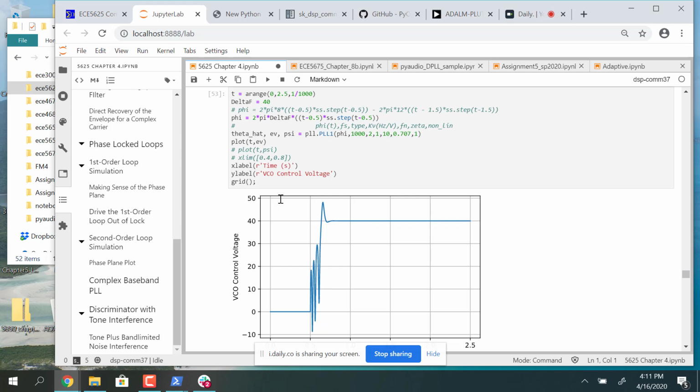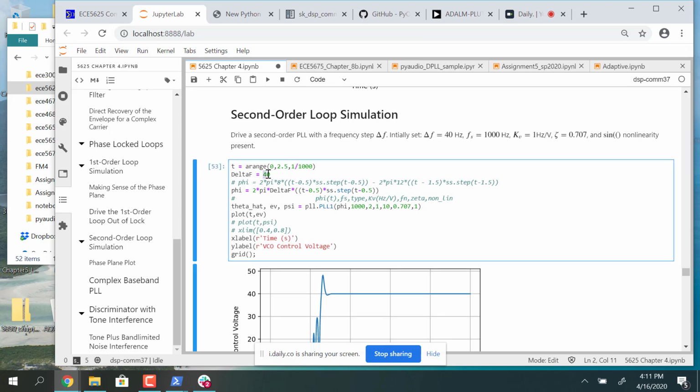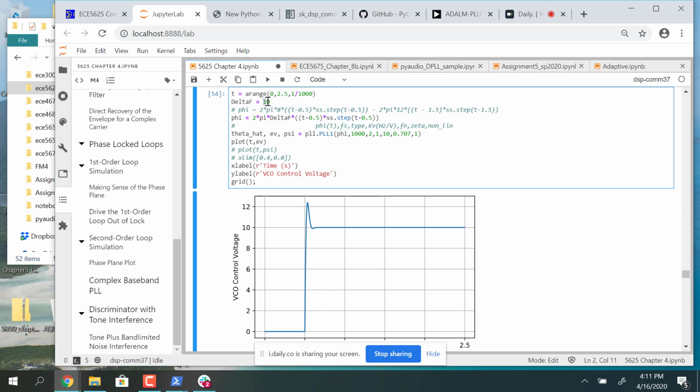We also see a phenomenon where the loop is having to slip cycles to eventually pull in rather than just being a smooth transient. If I make this a smaller frequency step, like 10, it rises up like a linear system and just has some overshoot and undershoot, but it comes right in. But in the case of this large a value, we're exceeding the lock range of the loop, so it has to pull in gradually, and this creates a rather interesting phase